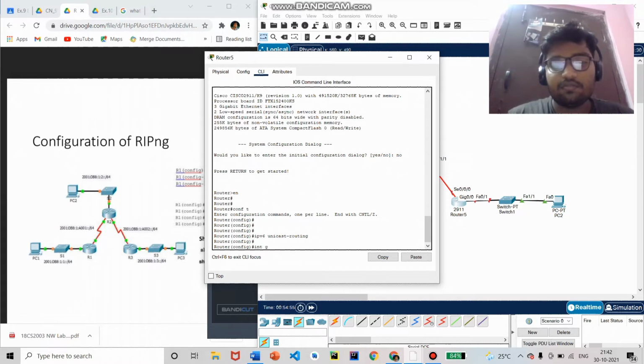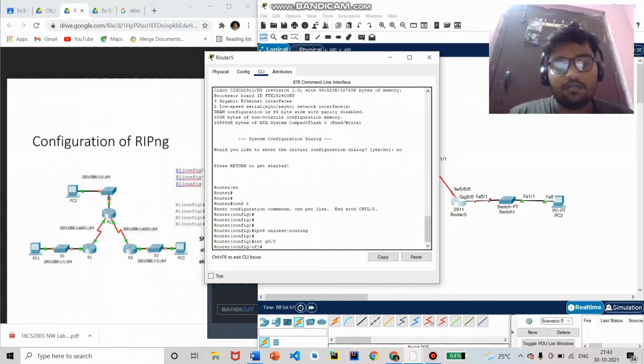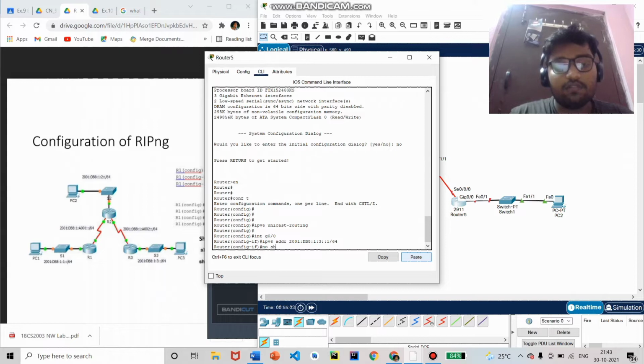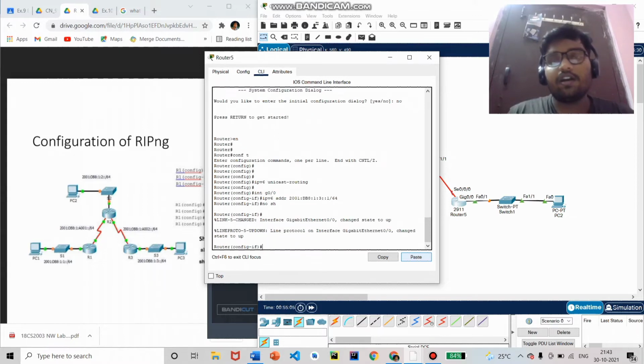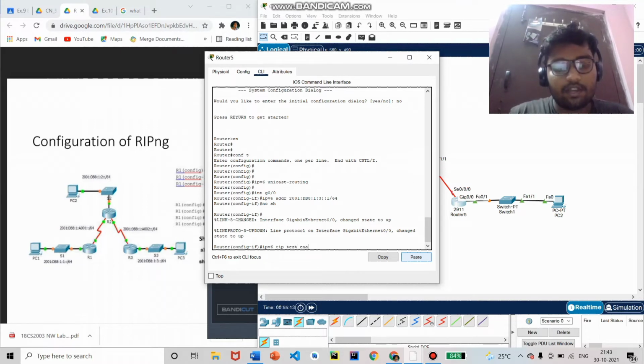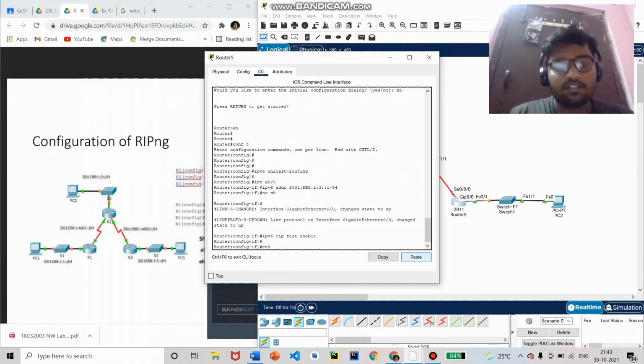Mention the interface, ipv6 address. Just paste the gateway here. Mention the prefix. Give no shutdown, and enable the RIP updates over this interface. To do that, give the command ipv6 rip test enable. That's it. Give this command.